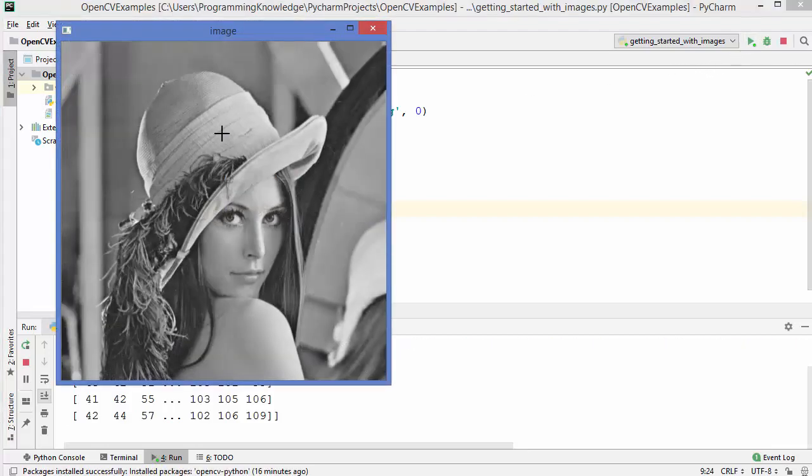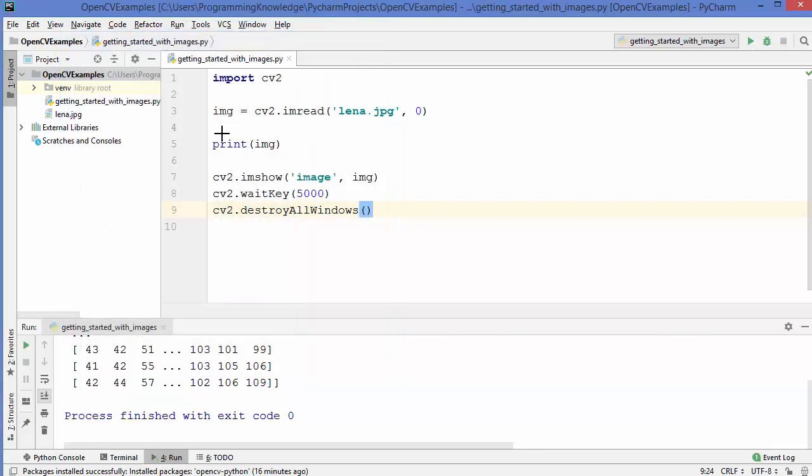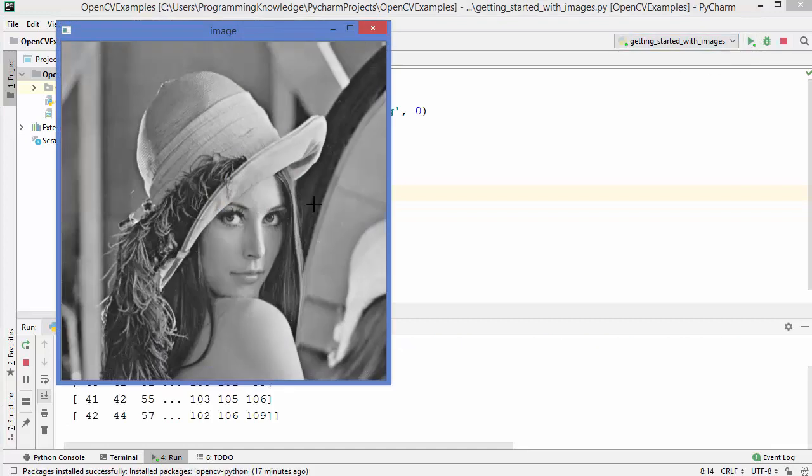So this time you can see our image is loaded for 5 seconds and our image is loaded in grayscale mode. Now if you give 0 here as the argument of the waitKey method, then let's see what happens. I'm going to run my code, and now you will observe that your window will not disappear after 5 seconds or any number of seconds. It's going to wait for the closing of this window, which we can close from this close button. And you can see it's loaded in the grayscale mode.